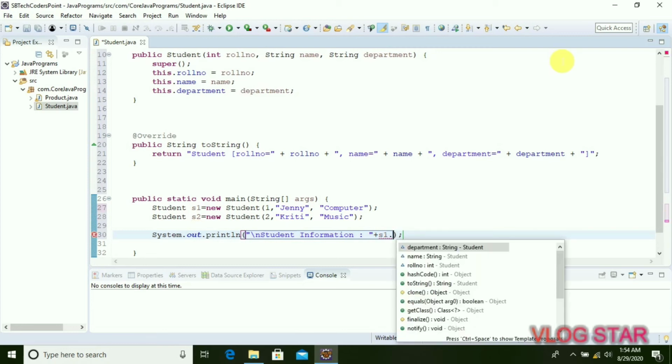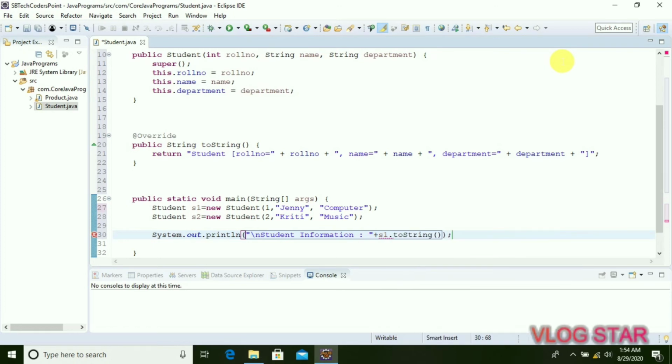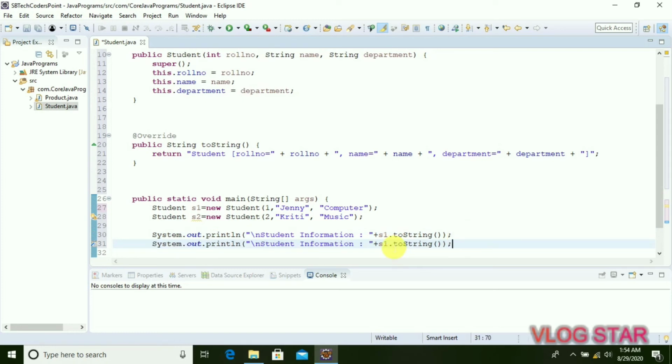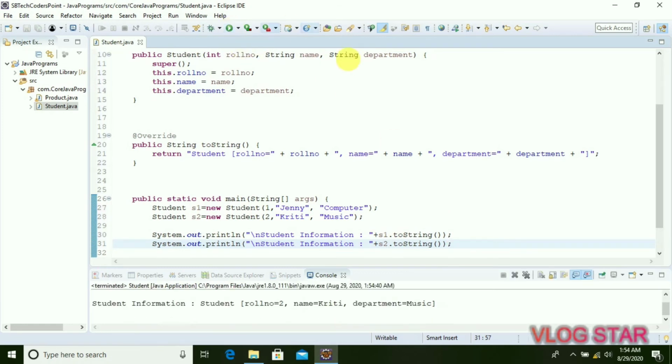Here we can see toString method of student class and enter. And now we will copy paste this again for s2. Simply press Ctrl C by selecting this line and come on the second line and press Ctrl V for paste it. And only difference between these two is here we have to print s2.toString.